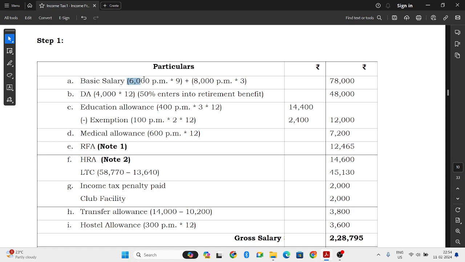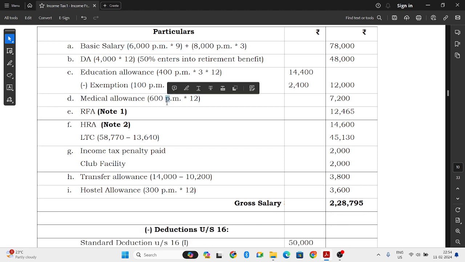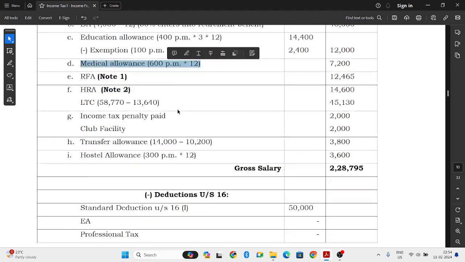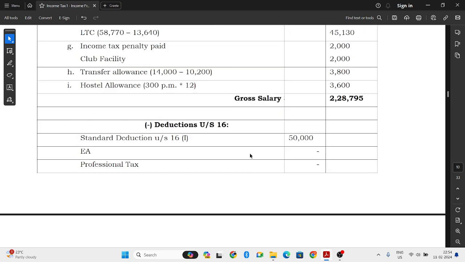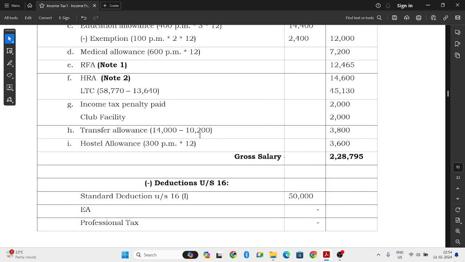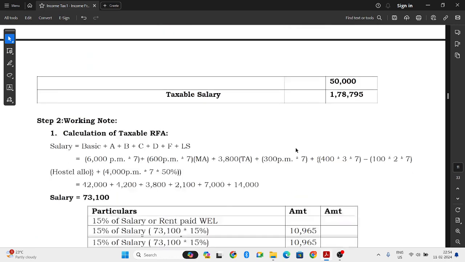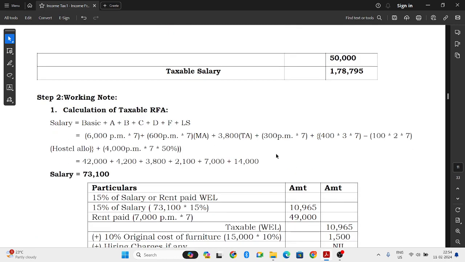Check here. For the first 9 months, till December, it is 6,000 per month. But he is staying in that house only till October. So it is 6,000 per month only. Next, 600 rupees medical allowance he is getting, that we have to consider. So 600 into 7 months, that is medical allowance, plus he is getting transfer allowance. That we will consider later on, but I'll just take it now for the calculation of RFA. 3,800 is taxable, plus